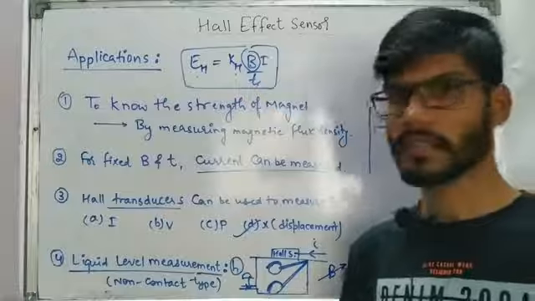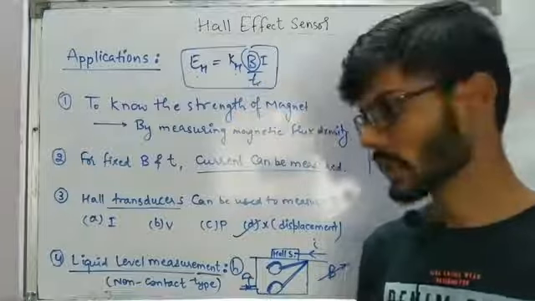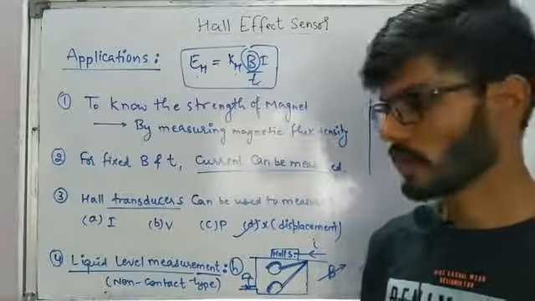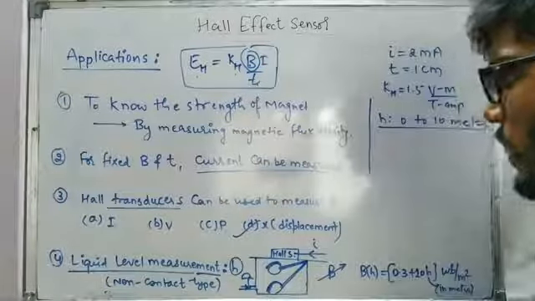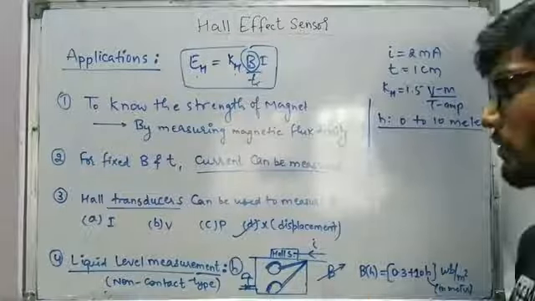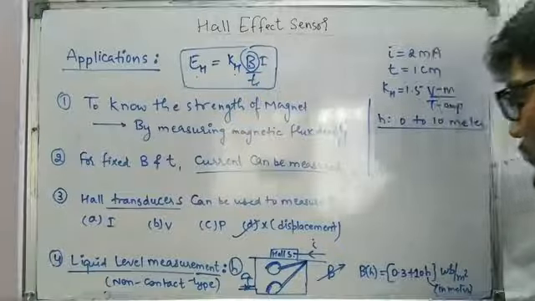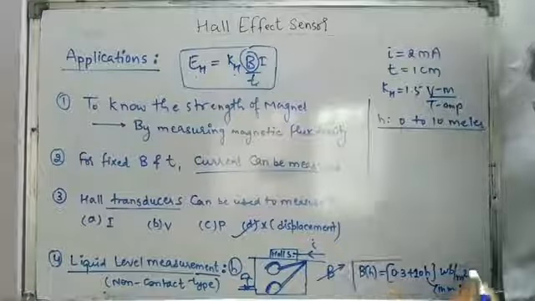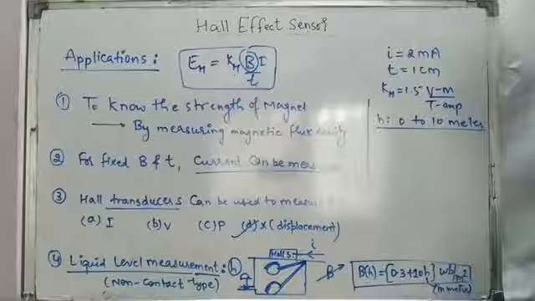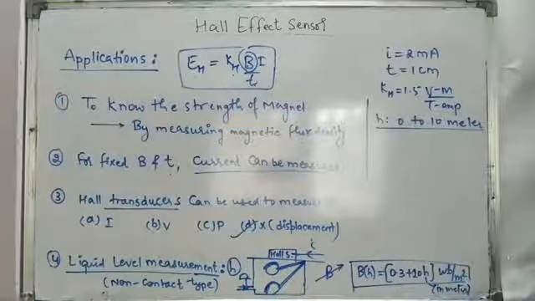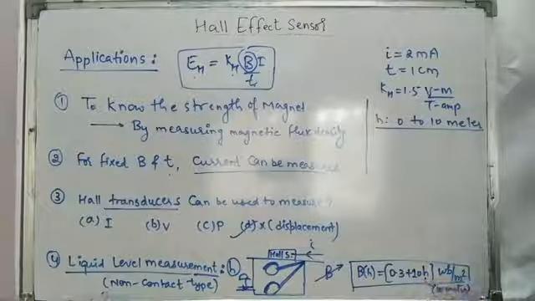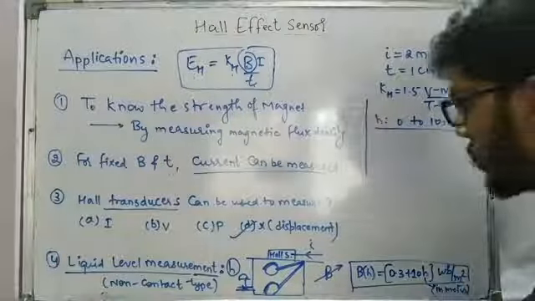if the magnet is far away, we are going to feel fewer magnetic lines. Once the magnet is coming nearer to the device, we are going to have more lines in the range of the Hall sensor. So we have the magnetic field as the variable one. The equation is given as B(H) = 0.3 + 10H Weber per meter square, where H is the height in meters, so the height of the liquid level.